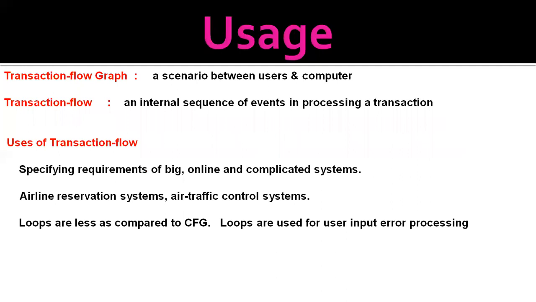So here, transaction flows are indispensable for specifying the requirements of complicated systems, especially for online systems. So here the big systems such as air traffic control systems or airline reservation systems, they have hundreds and hundreds or thousands of different transaction flows. So here, while handling these thousands and thousands of lines of code, these transactions need to be represented by relatively simple flow graphs,